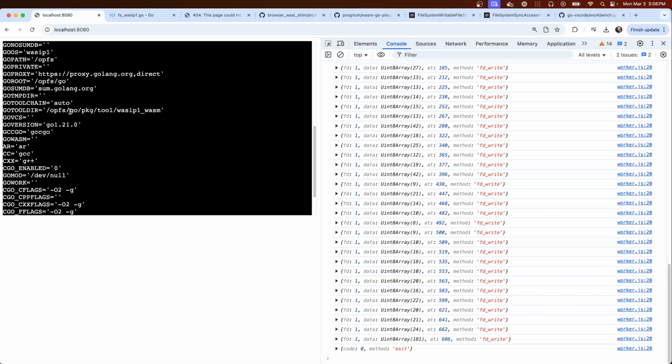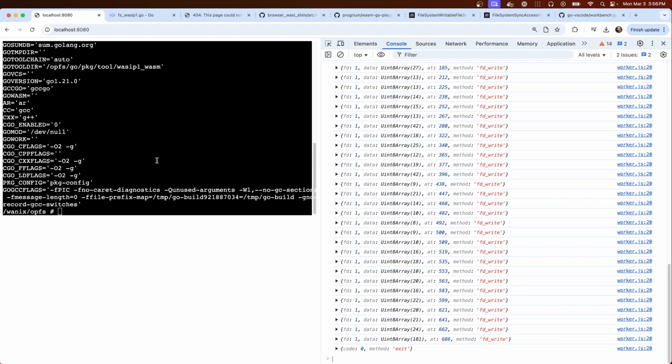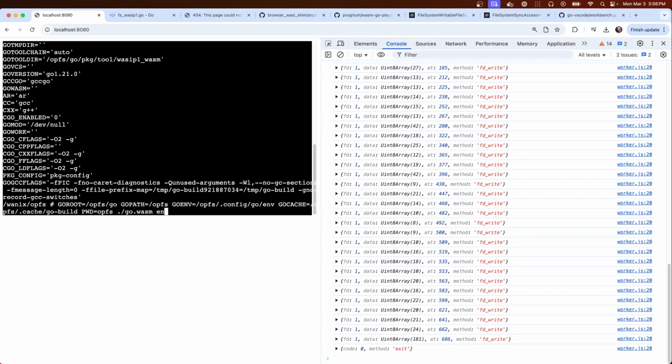Oh yeah, and the OPFS stuff is slow. I don't know why. I mean, OPFS just feels slow. I don't know why yet, but let's try a build and see what happens. It's where we came in and where we'll end.